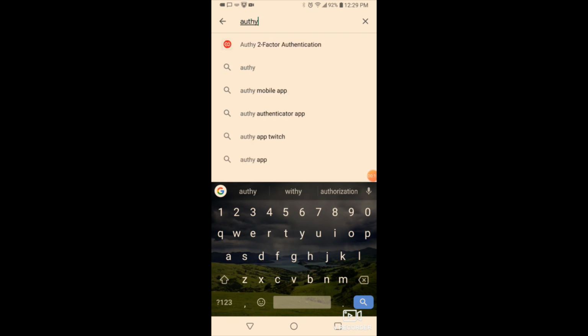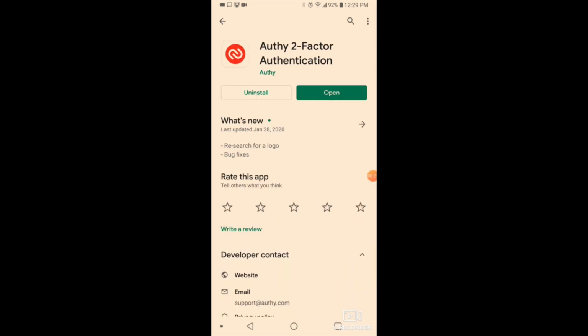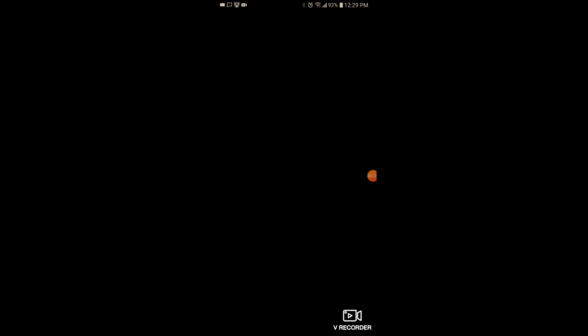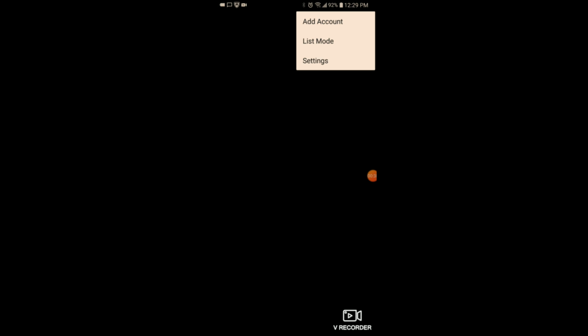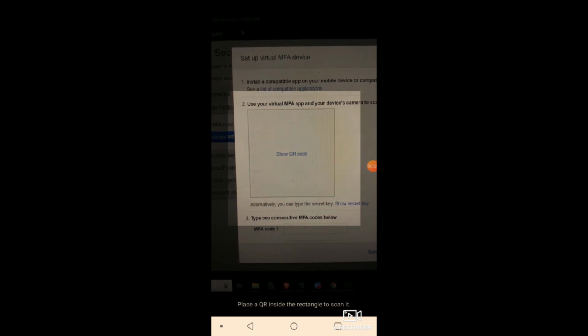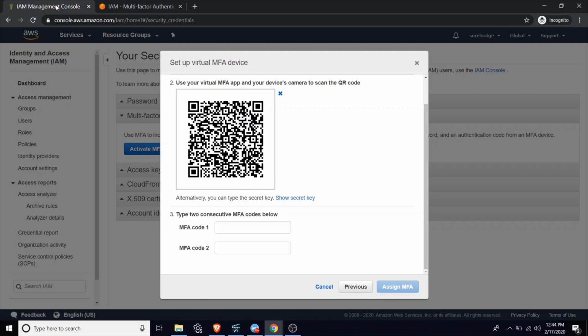AUTHY two-factor authentication and click on install. For me, I already have it installed, so once you have installed it, then you can click on open. Once it is open, you want to go ahead and add a new account, and for your new account you want to just click on scan code, and with that you can capture your new code right there, and that's it. So you can identify it whenever you open it